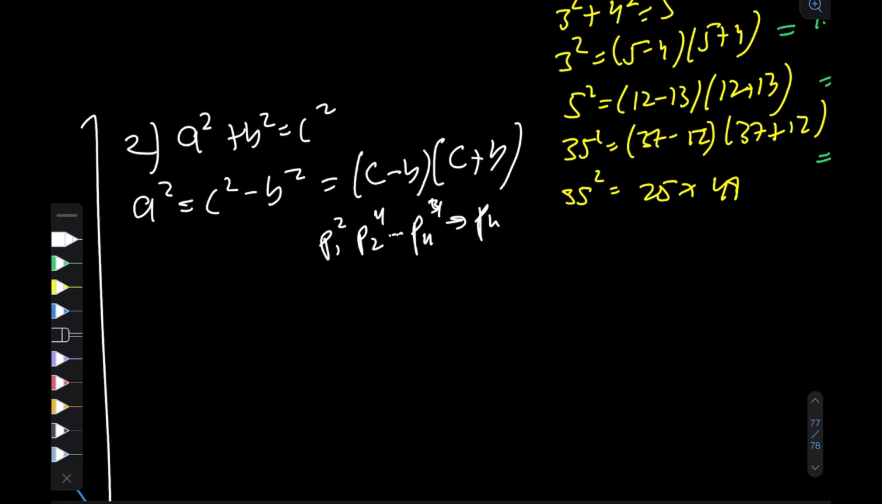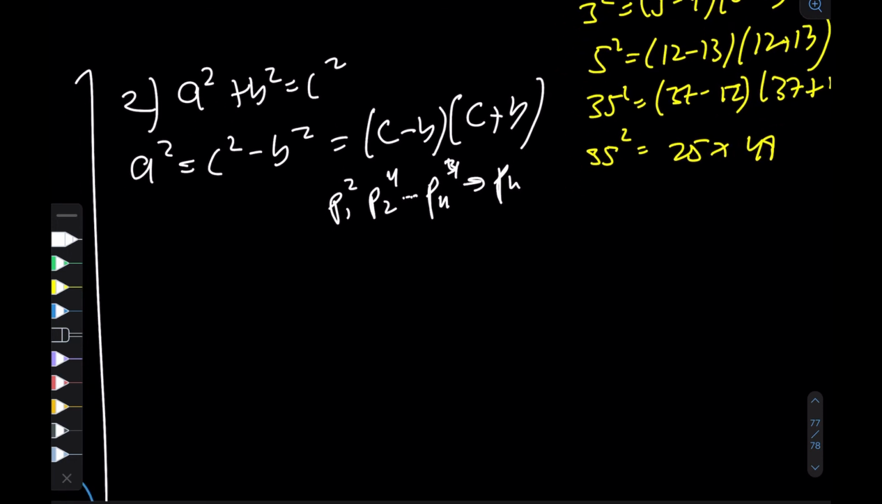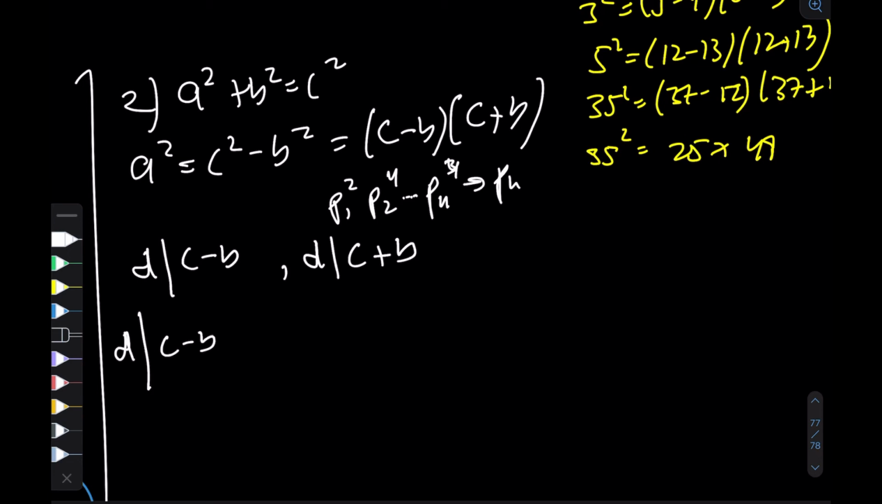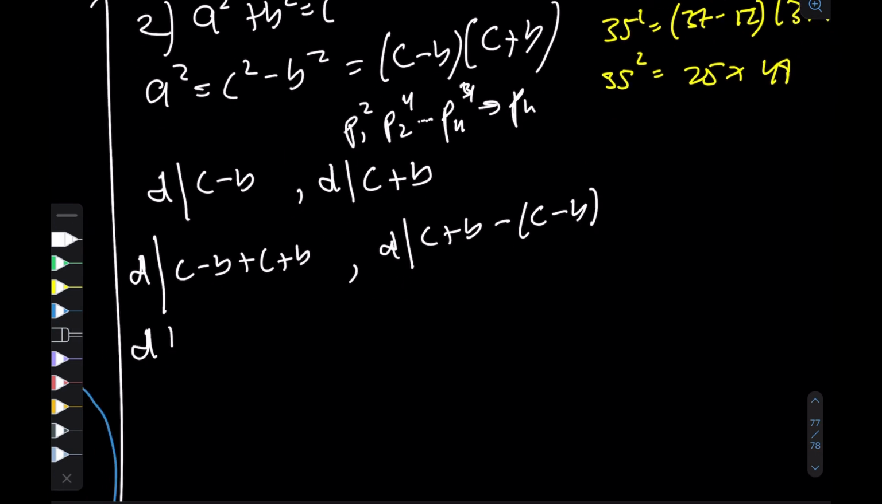So let's try to do another proof by contradiction. Let's say c minus b and c plus b have something in common. Let's say the number d. So d would divide c minus b and d would also divide c plus b, which of course follows that d divides c minus b plus c plus b and that d divides c plus b minus c minus b, right? So this means that d divides 2c and that d divides